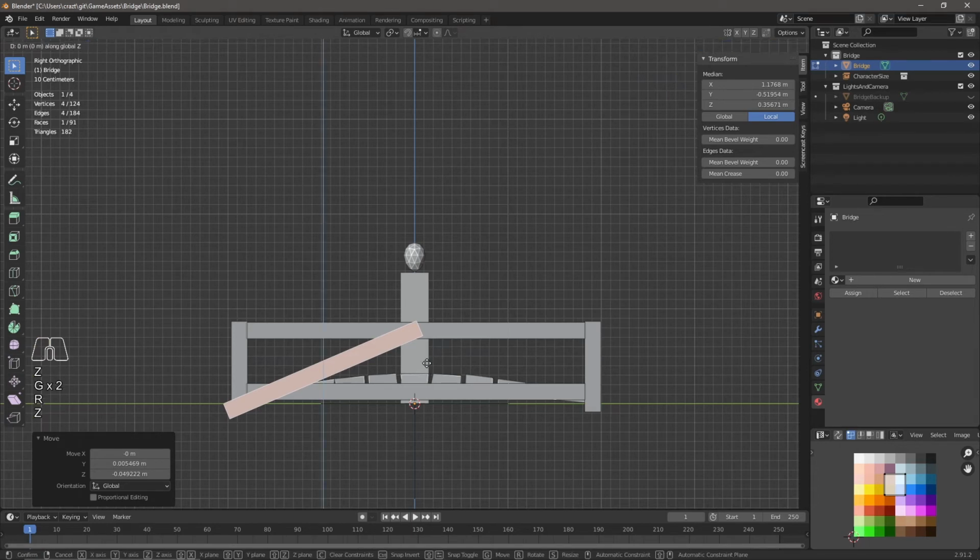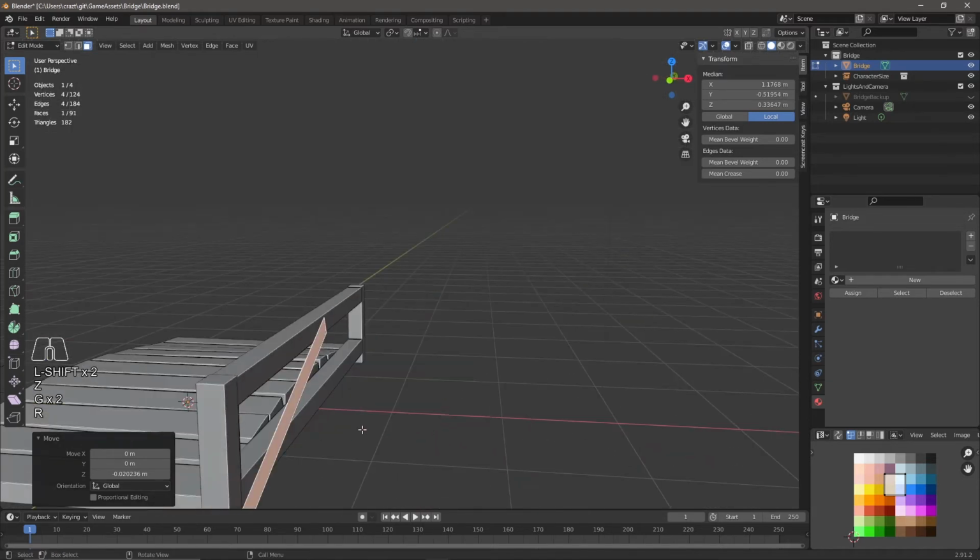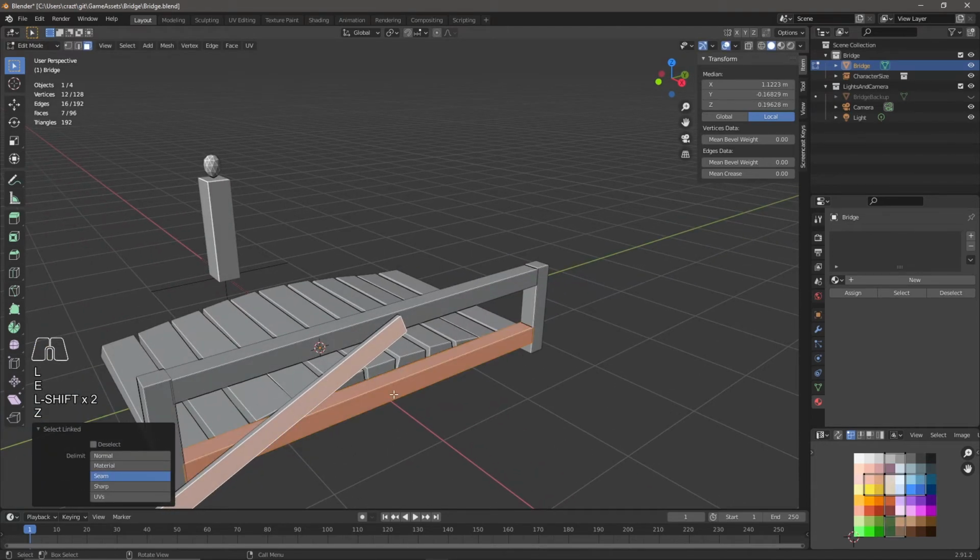I think that's good. Let's go down just a little bit. And then if we just extrude that out,